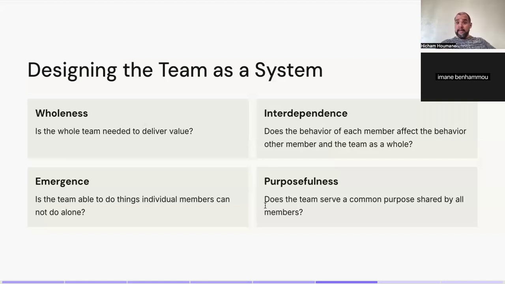Emergence. Again, if we have a very homogeneous kind of team where everybody's a backend developer, then grouping a bunch of backend developers is not really going to emerge new properties. They're not going to create something different. We're still just creating backend code. But if we have a team of designers, even getting a bunch of designers doesn't necessarily emerge a new property out of it.